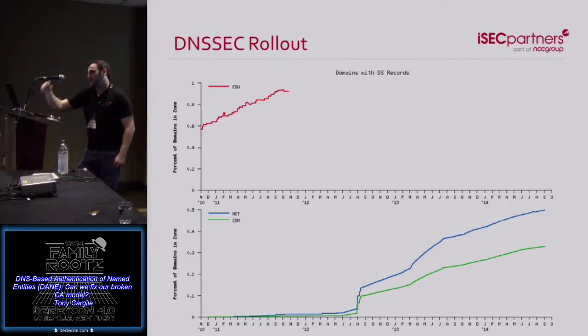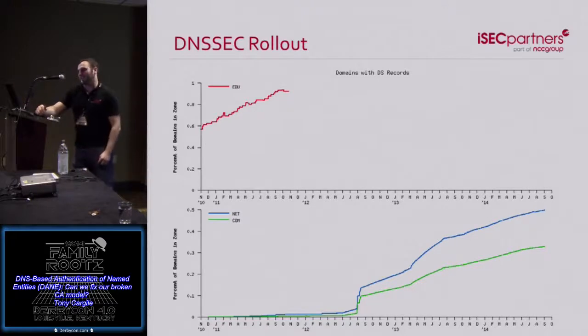Zero sites actually support DNSSEC right now from the Alexa top 100, which is incredibly surprising. It's one of these bootstrap protocols, right? No one wants to implement it because no one uses it, and no one wants to use it because no one implements it. And so the problems with DNS still exist in our current situation because nobody wants to take on the